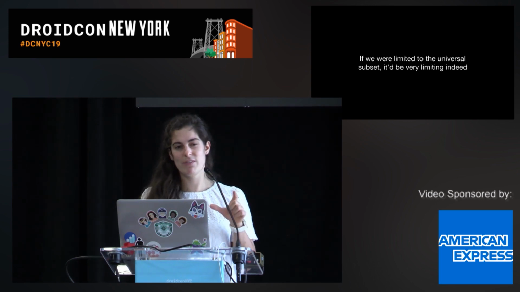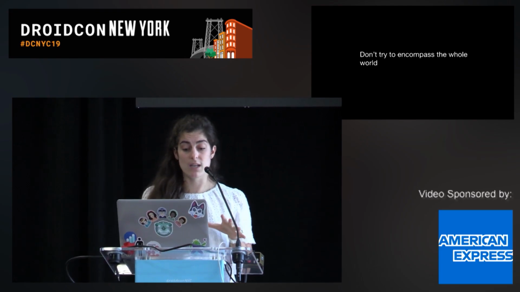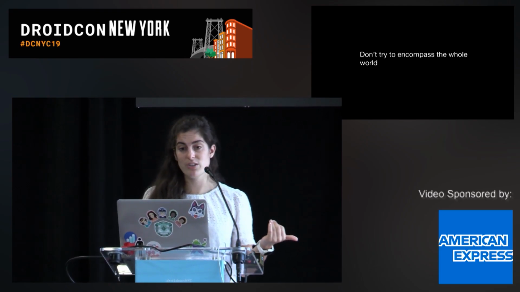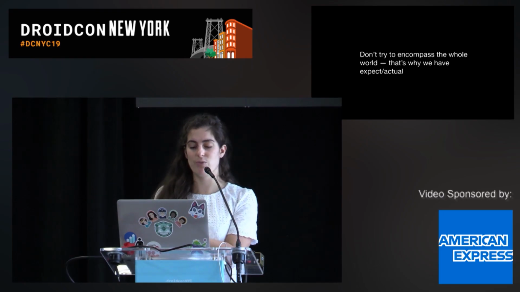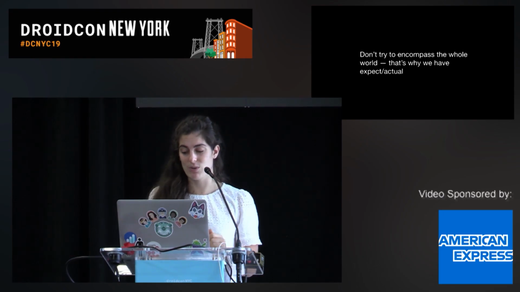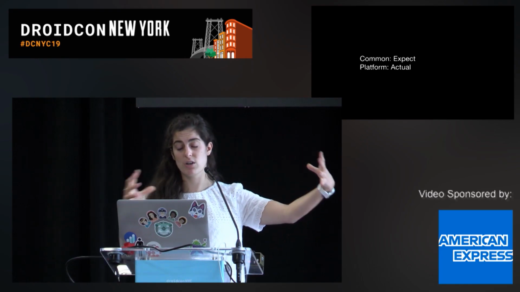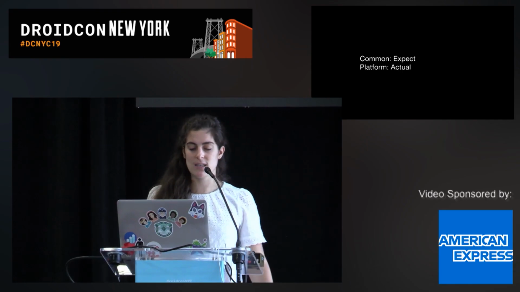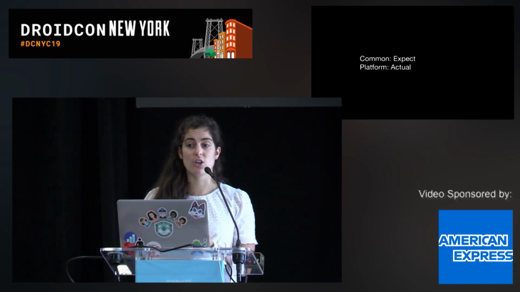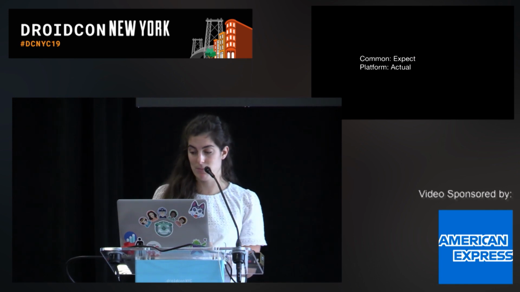And so what Kotlin Native has done from an architectural and implementation standpoint is it has specifically decided it didn't want to re-implement and encompass the entire world. And it allowed us to have this safety valve, which is the expect and actual keywords. How these work is that your common code, the code that's shared across all of your platforms, will be able to say, I expect some functionality to be there, and your platform-specific code will be able to meet that expectation by providing an actual implementation.